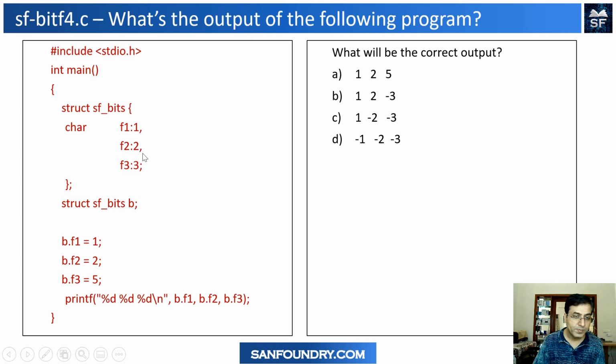This is F2. So F2 is what? 2 bits of information. And one of the bits we are saying that it is signed. So when you say 2, 2 in binary is 1, 0. Which means the 1 goes into the sign, and then there's a 0. So it is basically minus 2 in 2's complement notation. If you extrapolate it, if you try to deduce it, it's basically minus 2.